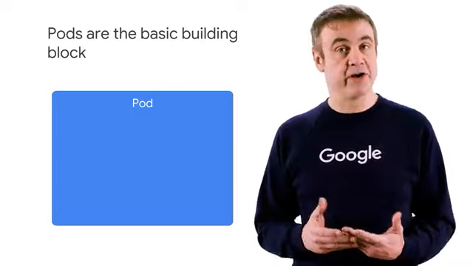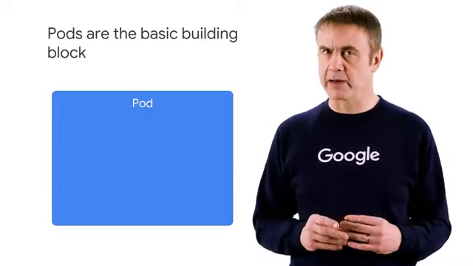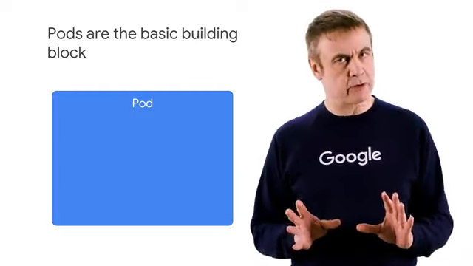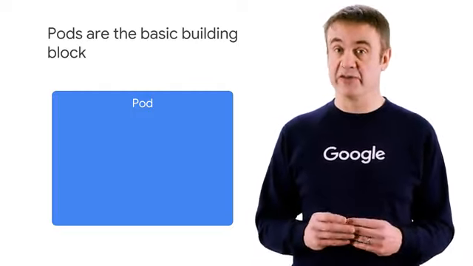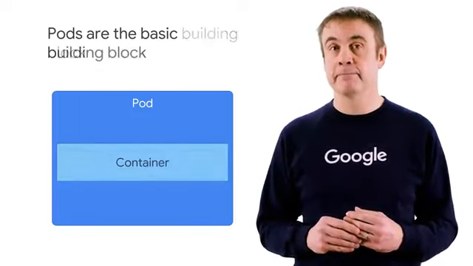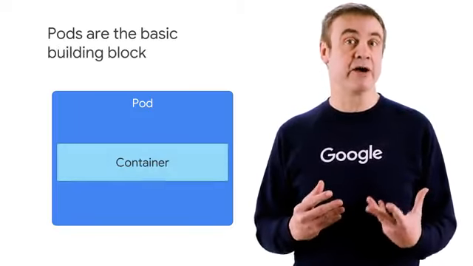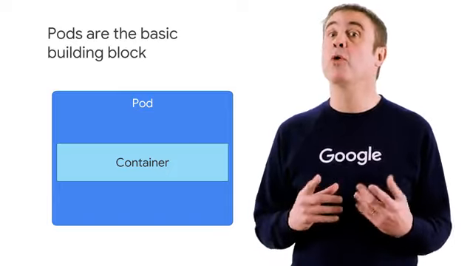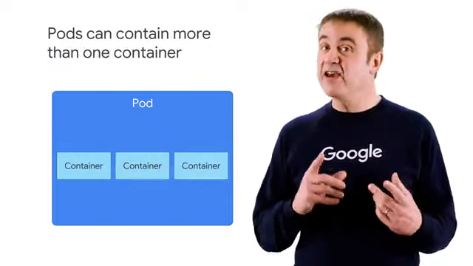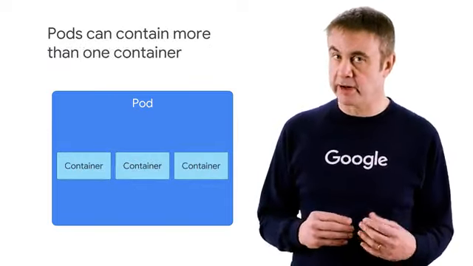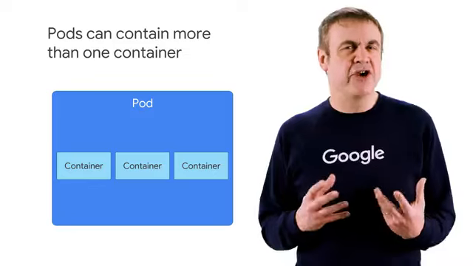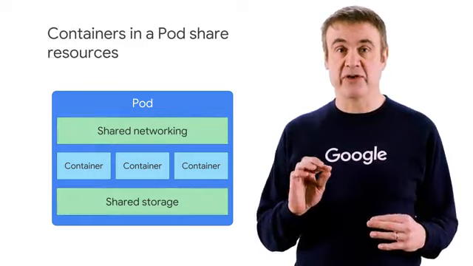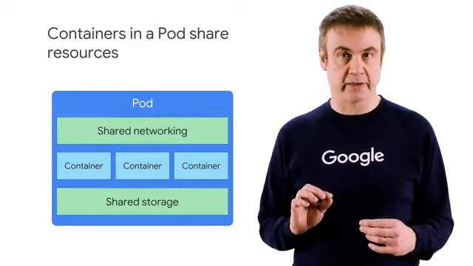You may be surprised to hear me say that. Maybe you were expecting me to say that the smallest Kubernetes object is the container. Not so. Every running container in a Kubernetes system is in a pod. A pod embodies the environment where the containers live, and that environment can accommodate one or more containers. If there is more than one container in a pod, they are tightly coupled and share resources, including networking and storage. Kubernetes assigns each pod a unique IP address.